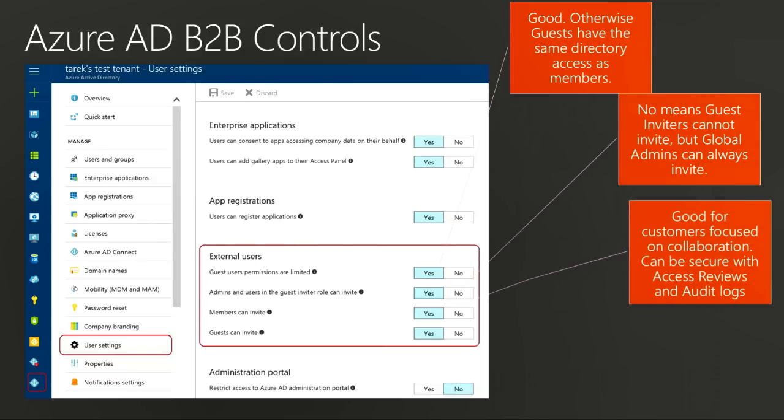Members can invite. By default, this is yes. Generally, Microsoft's posture is a highly collaborative one, and we hope our customers are as well. So we recommend that people encourage their end users to invite others and collaborate with them and so forth. We've seen models where the customers don't want that. They want to turn it off, and then they want to manage B2B invitation from something else. They'll buy Covision, they'll buy Saviant, they'll buy something